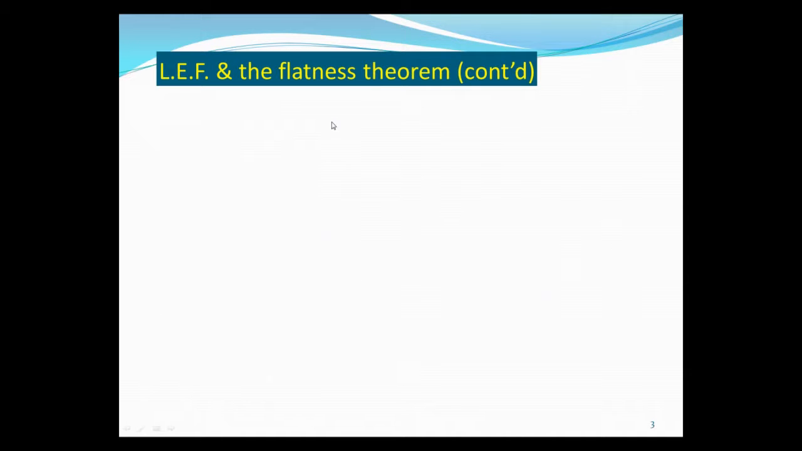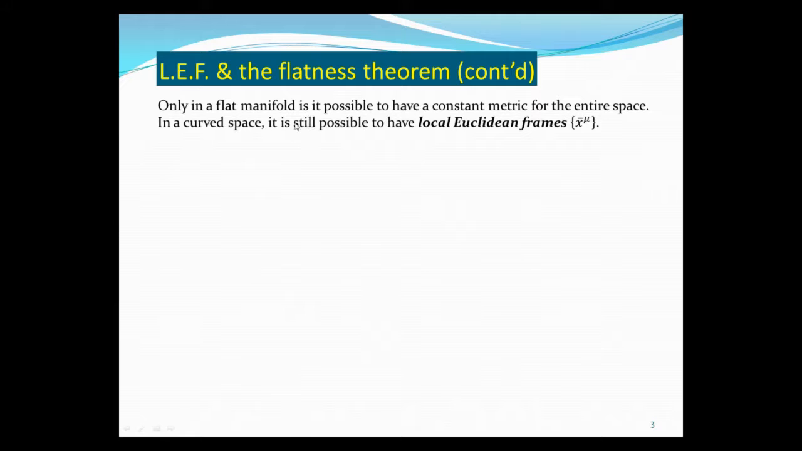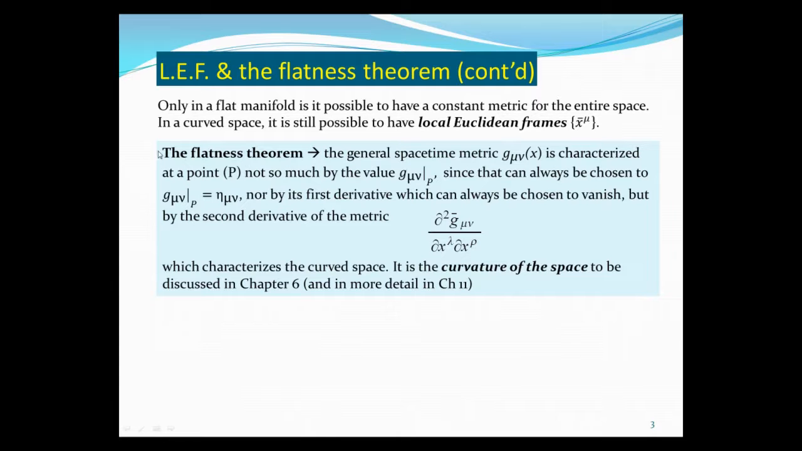Let's continue to talk about the Flatness theorem. It's only in a flat manifold that it is possible to have a constant metric for the entire space. Okay. In a curved space, it's only possible to have a local Euclidean frame, like the X bar system we talked about in the last slide. So therefore, the